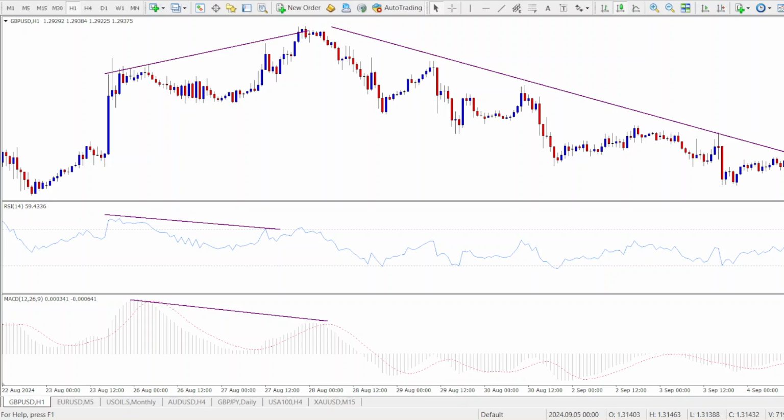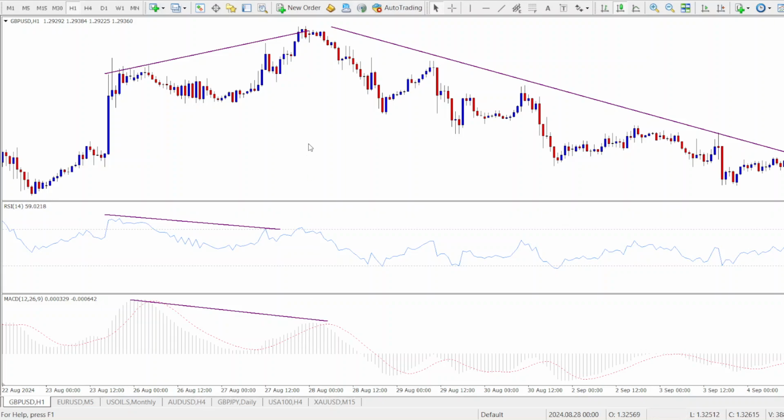and a bearish reversal could be imminent. Okay, the MACD is a trend following indicator, and it shows you the relationship between two moving averages of an asset's price. So when the MACD line diverges from the price action, it can also signal a potential trend reversal. Hence, you see the reason why both the RSI and MACD are good indicators for spotting divergences. Okay, so just like the RSI, if you spot a bullish or bearish divergence on the MACD, it could be